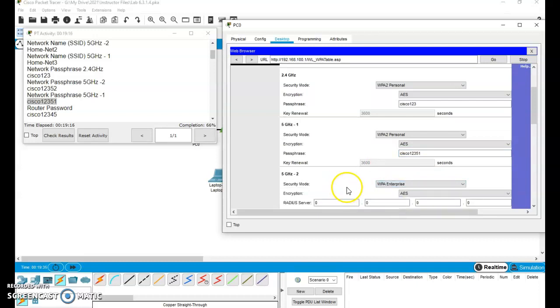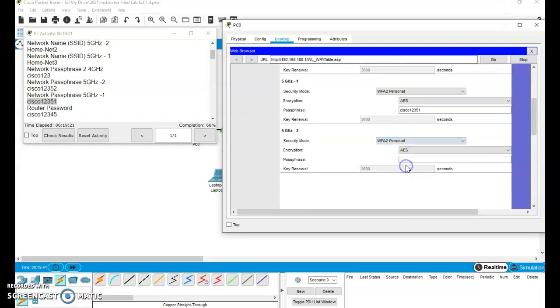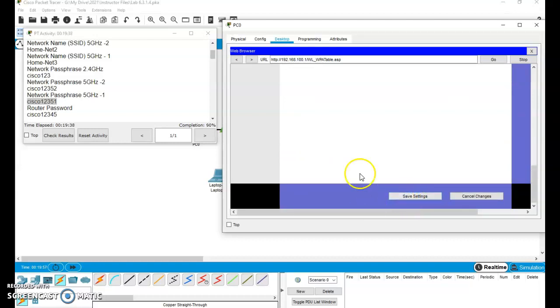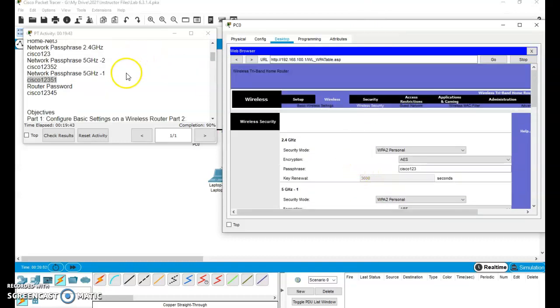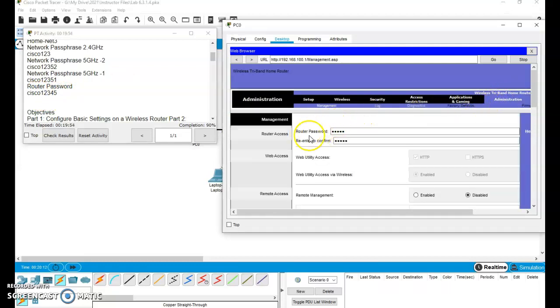Change our next radio to WPA2. Whoops. WPA2 personal. Got to make sure you got that. Don't worry about the AES. Just leave it as it is. And this is going to be Cisco12352. Now I'm going to go down and I'm going to save my settings. It may refresh the page and it may not. I don't know. Now, I'm really running out of time. You need to go to administration and set your router password